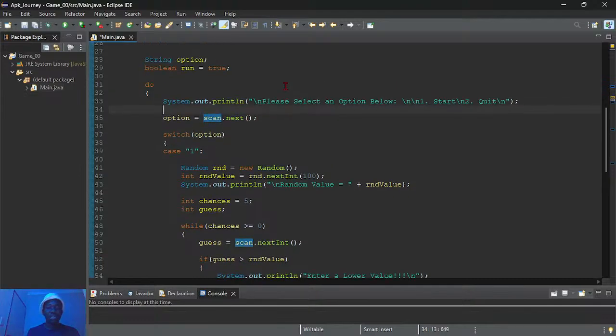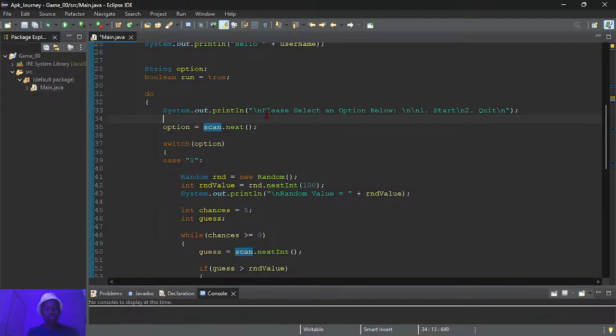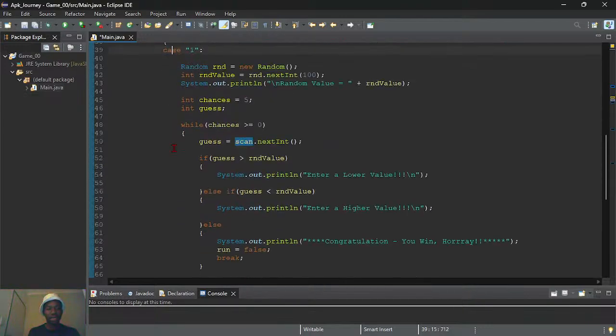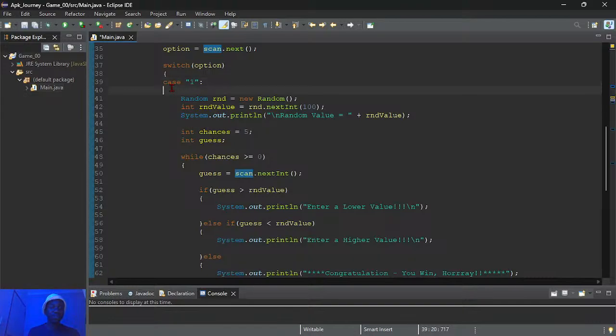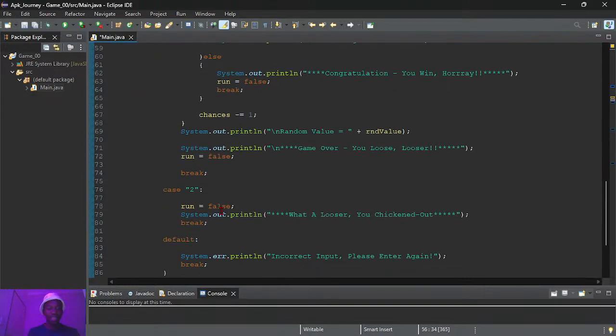So we get that number or whatever the user inputs on the console, and then we check if it falls under these cases here. We have case 1, where it's option 1. If it's option 1, this is supposed to happen here, and I'll explain. And if it's case 2, this is supposed to happen.